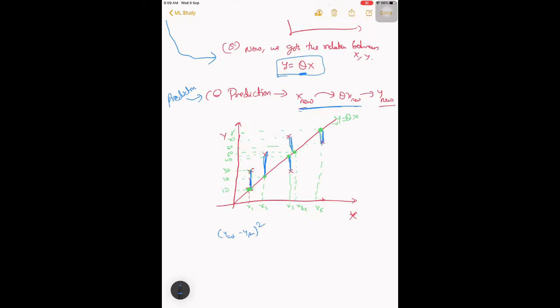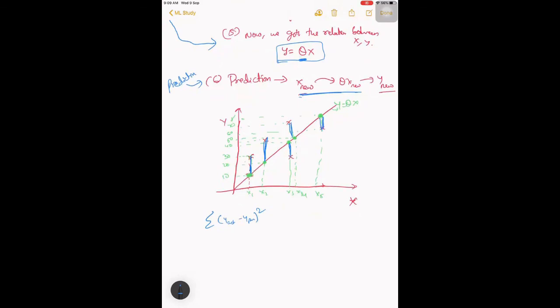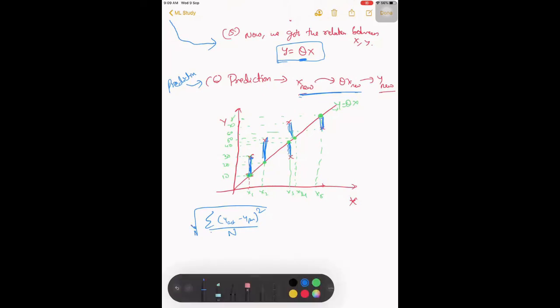And sum all those values, because we finally need only a single value. So I am summing all these values: this one squared, this one squared, this one squared, and so on. And taking a root of it, because we are squaring. But we also have added all these, so if there are 100 examples, there will be 100 terms, so I am taking an average before that.